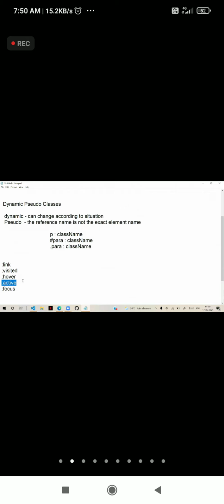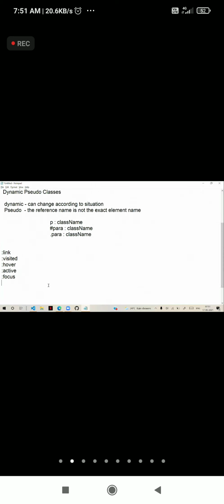We use focus for form elements. And hover is used for any element. For any element, you can define them. These are pseudo classes. Generally, what is the purpose of these pseudo classes? You see now.